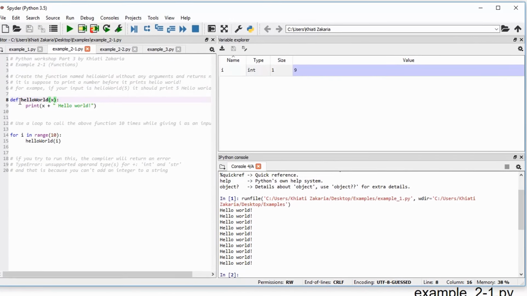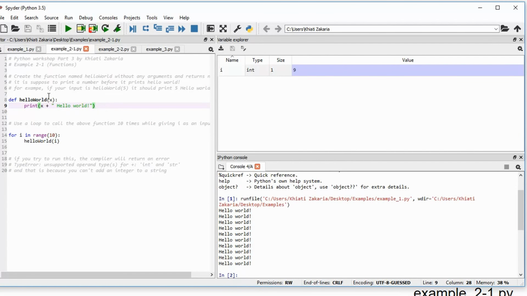Unlike the previous example, this one takes input x and then takes that x and prints x plus hello world. And then when we call this function, we have a loop just like before, and then we call hello world and we give it i as an input. So i here is an integer, and so it takes the integer as input and then tries to print it plus a string. So that's the problem here. Now if we run this,